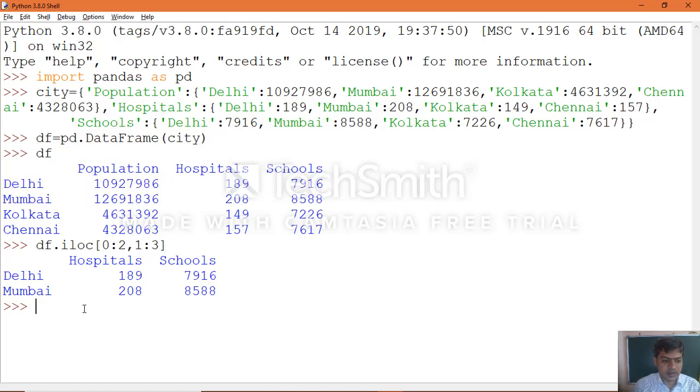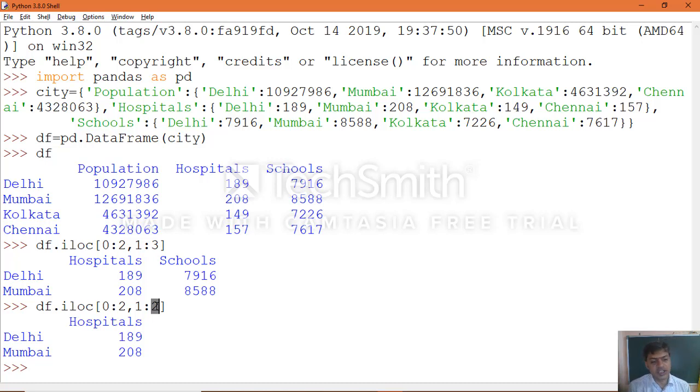So even if you specify, suppose you may have a doubt here, only up to position 2 we have here, then you give 3, so you will get the data. To understand the concept, suppose instead of 3 you specify 2, what happens? Because this end value will not be considered, minus 1 step it will take, because counting starts with position 0, that's why. So this end value will not be considered, less than 1, that value will be considered. Okay, now you understood properly the way how you can make use of it.